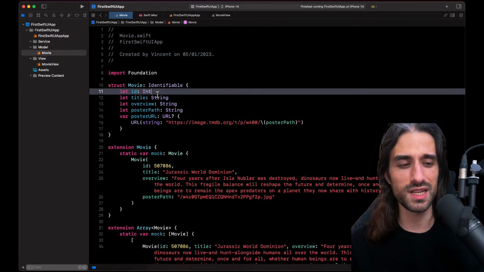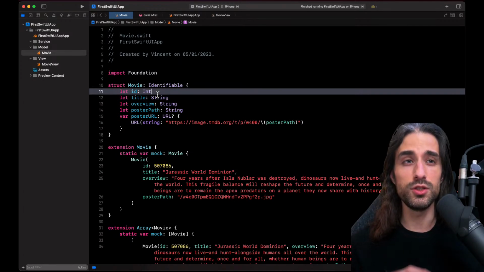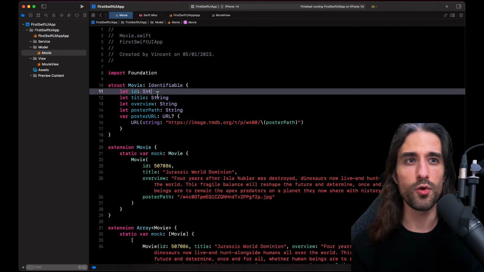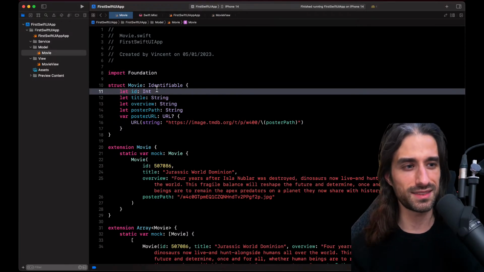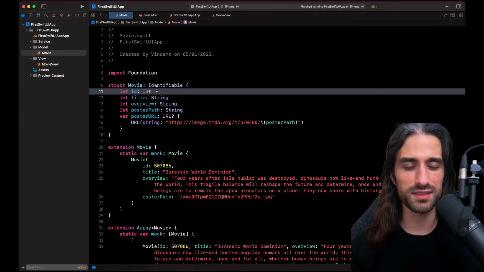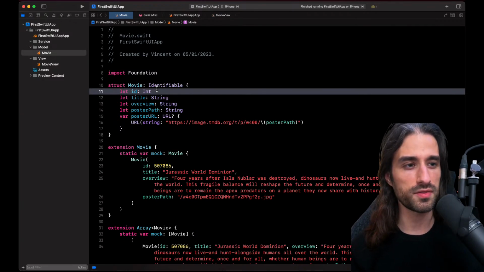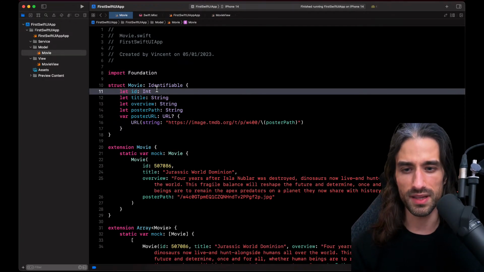That is absolutely correct. Reuse identifier was about the UI element, the cell, and that element being recycled with different pieces of data, whereas the ID is about the data itself. So that's a great remark. Thanks for catching it. I had missed that comment.